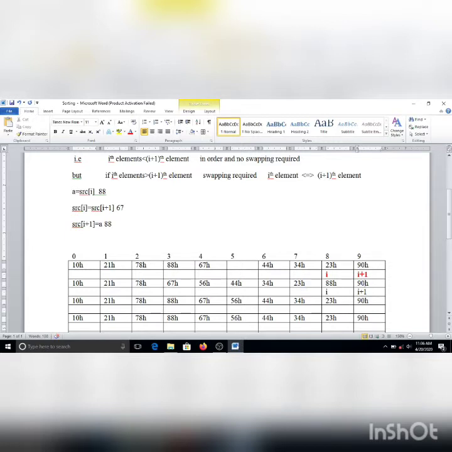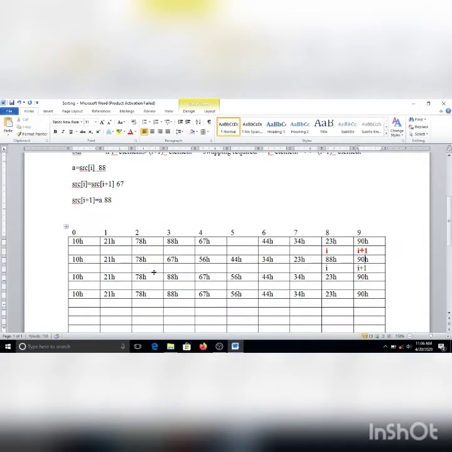So this is my first pass, within which the largest element gets placed at its last location. Similarly we will start with the second pass. In the second pass the second largest element gets placed, in the third pass the third largest, then the fourth largest.